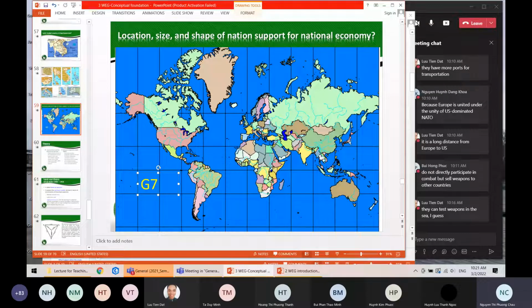Why is it? Japan created the shipping service, and from the shipping service, Japan saved more money to import materials, to import resources for producing products. That is the case of Japan. And then from a very poor nation before 1960, after 1960, Japan became a strong economy.